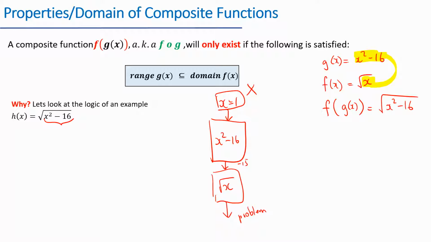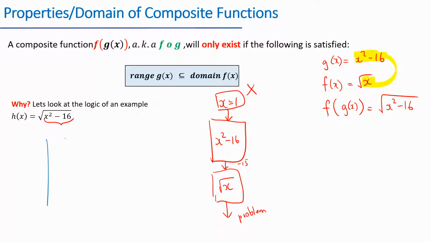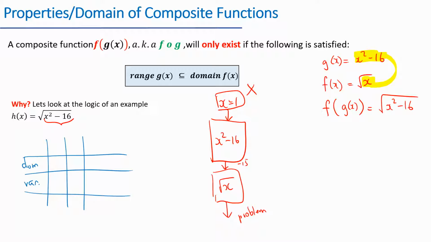Your job is to sketch each one individually, okay, and write out the domain and range. So here we go. We're going to do 2 techniques here. I'm going to do it in blue. First, we're going to write out our range and domain. So we've got our domain, got our range. This is G, this is F. Okay, domain of G. If I just gave you x squared minus 16, which I'll draw on the side here,